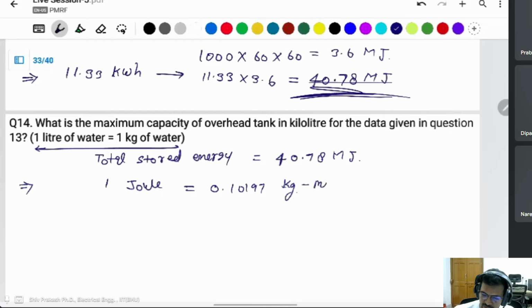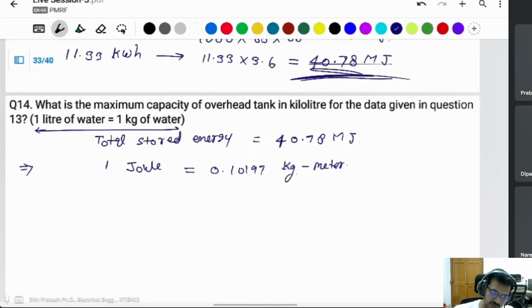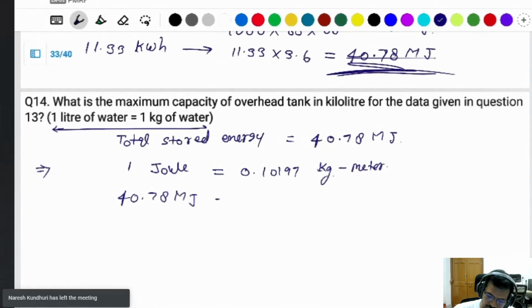This will be kg meter. In terms of force, kg meter. Then what happened? For 40.78 megajoules, simply